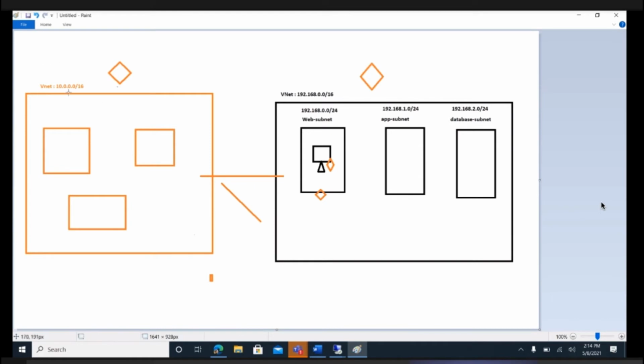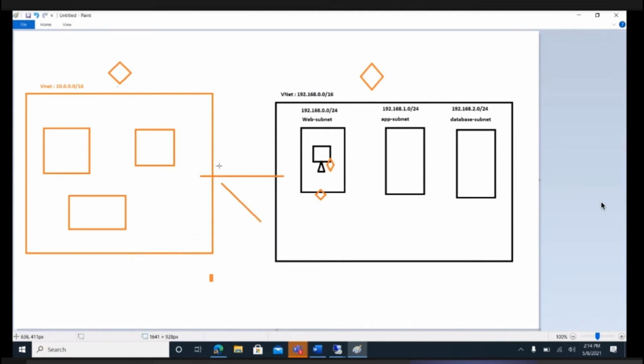Okay, so let's say here is company A and here is company B. They both are using Azure. They both have a virtual network in their respective subscription. Company A has a virtual network with IP prefix 10.0.0.0/16. Company B has a virtual network too, but with a different IP prefix.